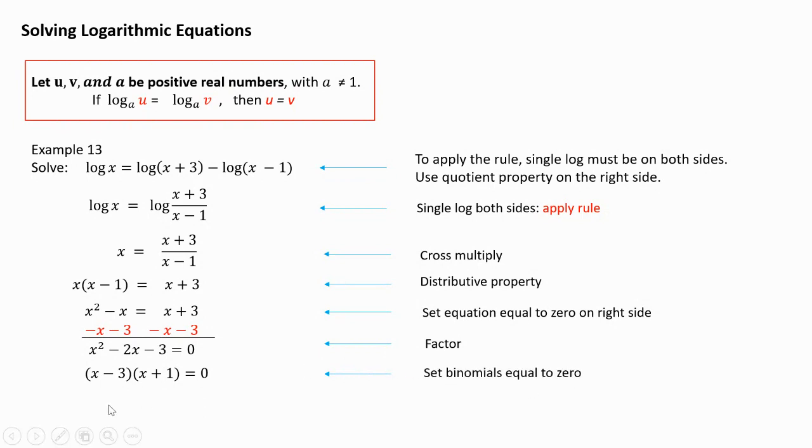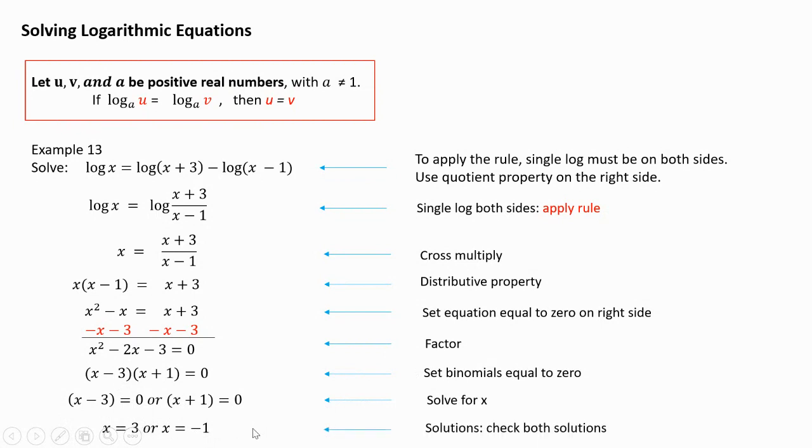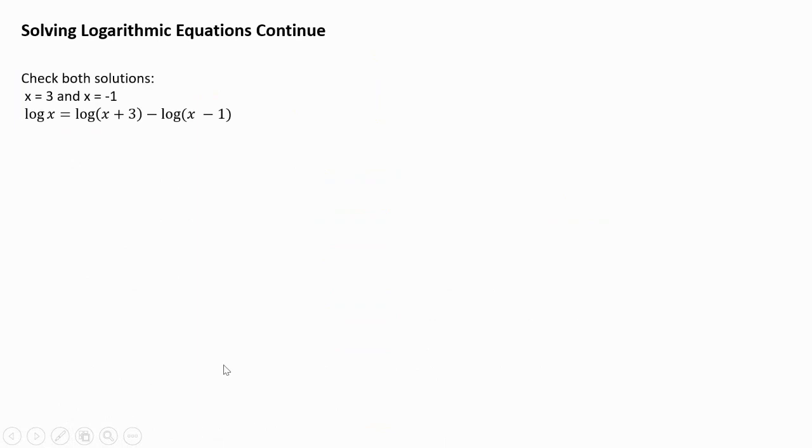So we set the binomials equal to 0. So x minus 3 equals 0, or x plus 1 equals 0. Solving for x, it's going to give us x equals 3, or x equals negative 1. So these are my solutions. But let's check them. We got to check them. So to check them,